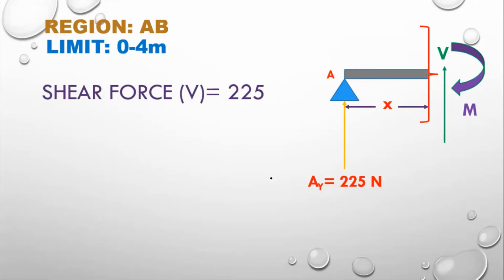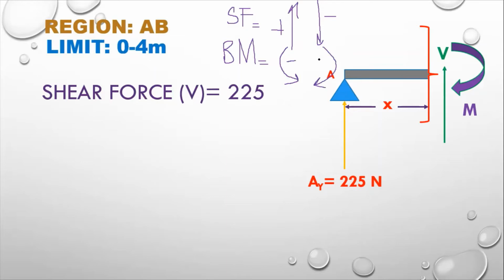And how can we sum up shear forces? Keep in mind, when we sum up shear force, we take only one force, because here there is only one vertical force. If your vertical force is upward, it will be positive, which we have already taken, and a downward force should be negative. And for the bending moment, BM, we were taking anti-clockwise as positive, but in this case anti-clockwise is negative and the clockwise direction should be positive. So keep it in mind.